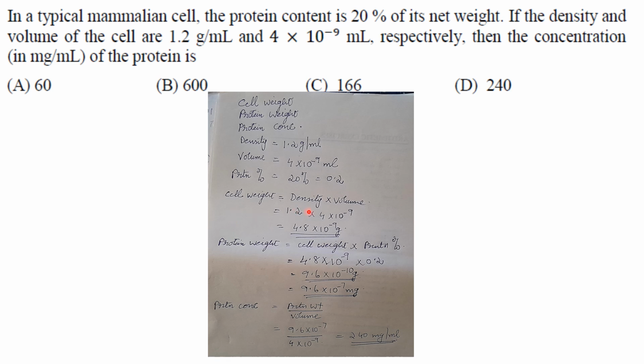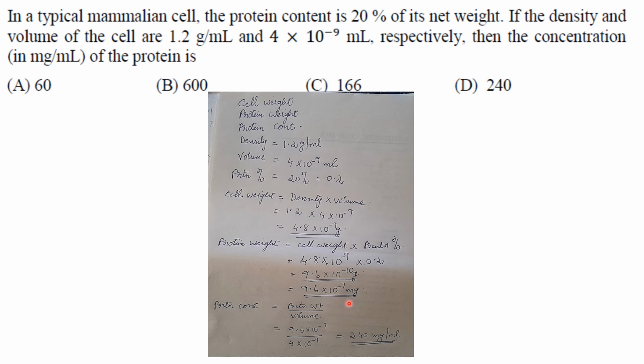So cell weight is equal to density into volume, because density is weight by volume. So cell weight will be density into volume. So 1.2 into 4 into 10 raised to minus 9, that will give you 4.8 into 10 raised to minus 9 grams. Now protein weight you have to calculate, because protein concentration you should know the protein weight by volume. Then only you will get the concentration of the protein. So protein weight is cell weight into protein percentage. So 4.8 into 10 raised to minus 9 into 0.2, that will give you 9.6 into 10 raised to minus